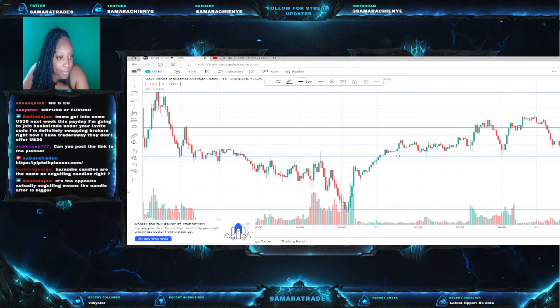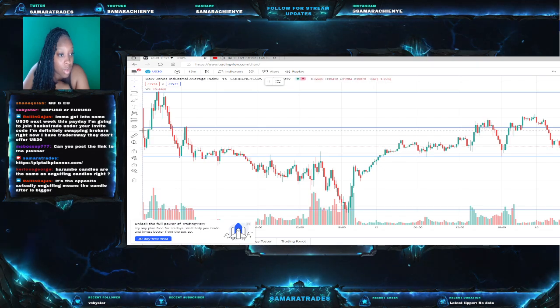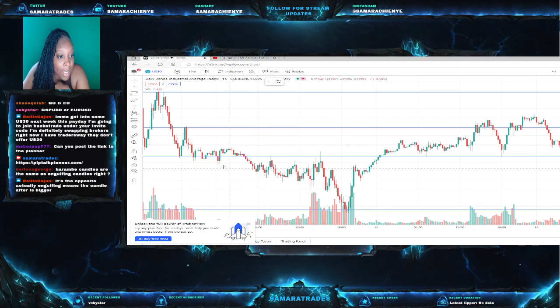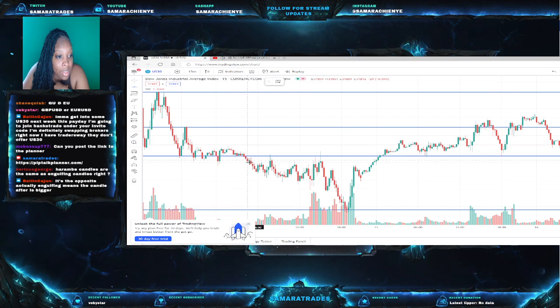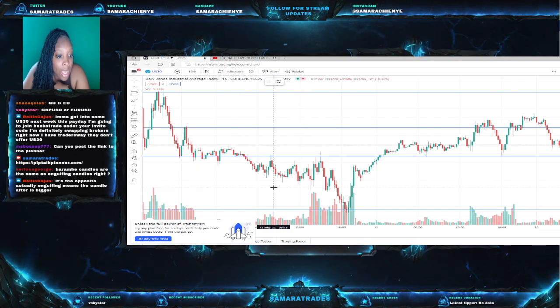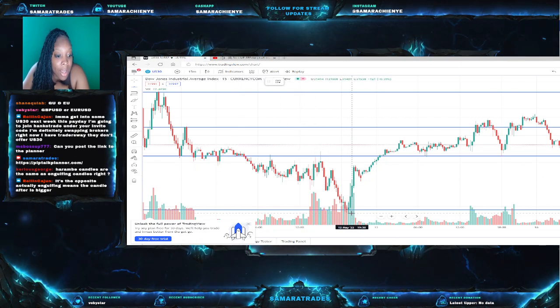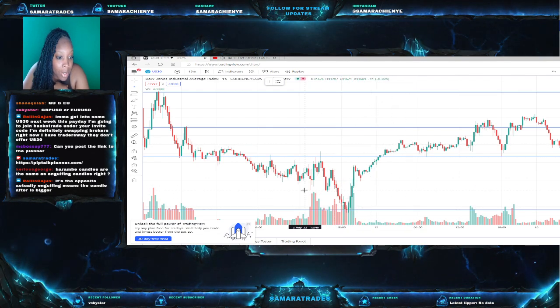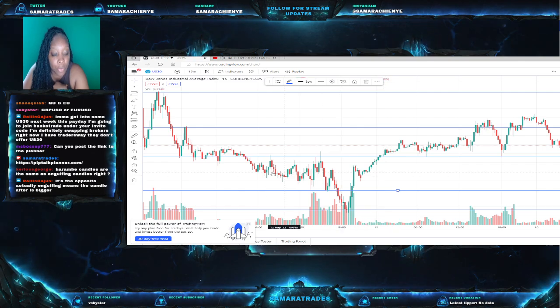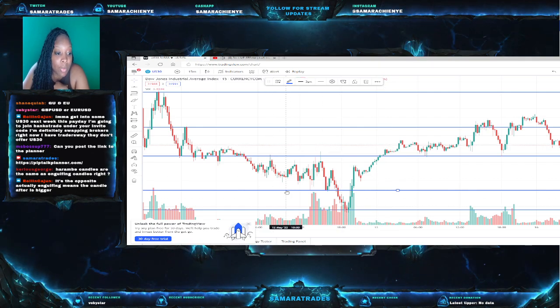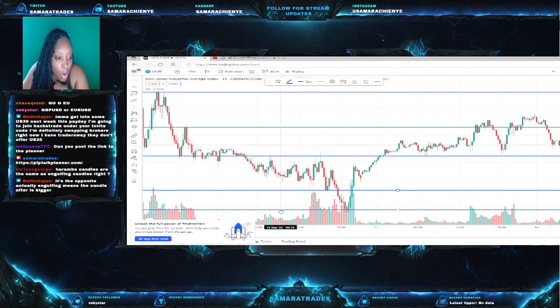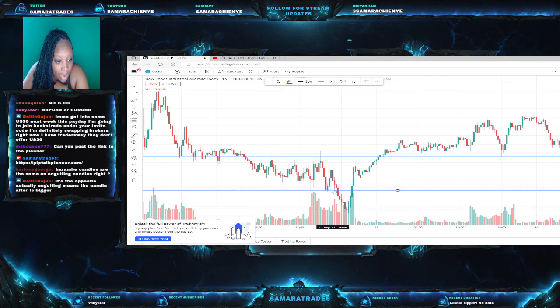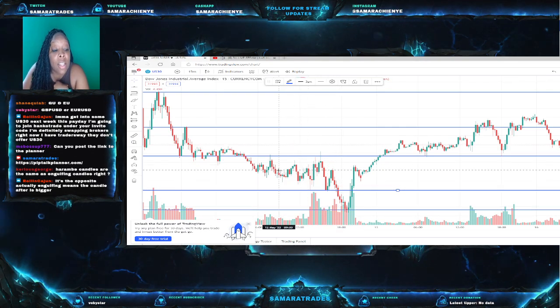All right, we're gonna do it again. So I like this little area here because every time it hit this area, it went back up, and then it finally broke through, and then it went up. So I'm gonna put an area here just in case, because you never know. Okay, so now this is my resistance line, this is my support line, but now this is my support line, this is my resistance line. And that's what I was telling you guys.